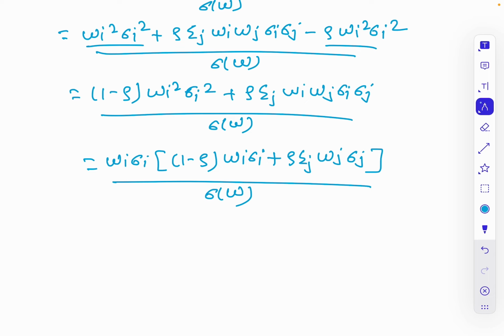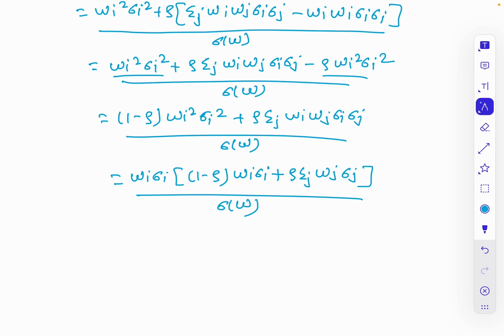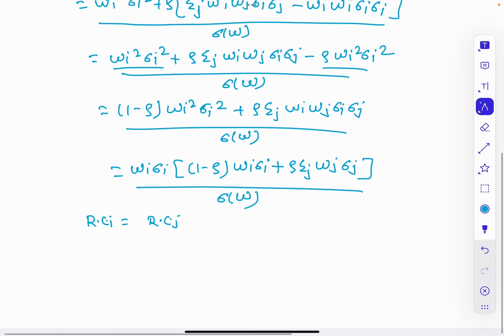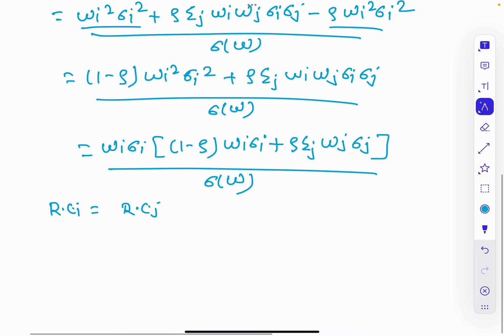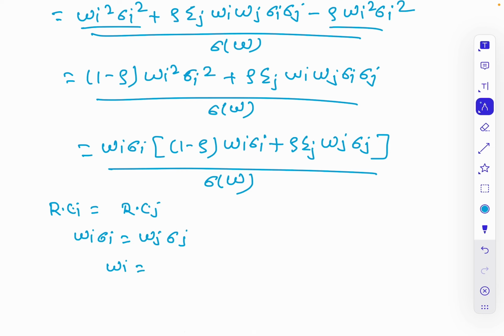Now what will be the marginal risk contribution by any asset j? It will be the same, right? So now we have to equate the risk contribution by any asset i and the risk contribution by any asset j. If you equate it, you will get the expression Wi sigma i is equal to Wj sigma j. Okay, got it? So this is the expression that you will get, and when you solve this, you will achieve a risk parity portfolio. So this is the risk contribution by any asset i. Now you try finding the risk contribution by any asset j.